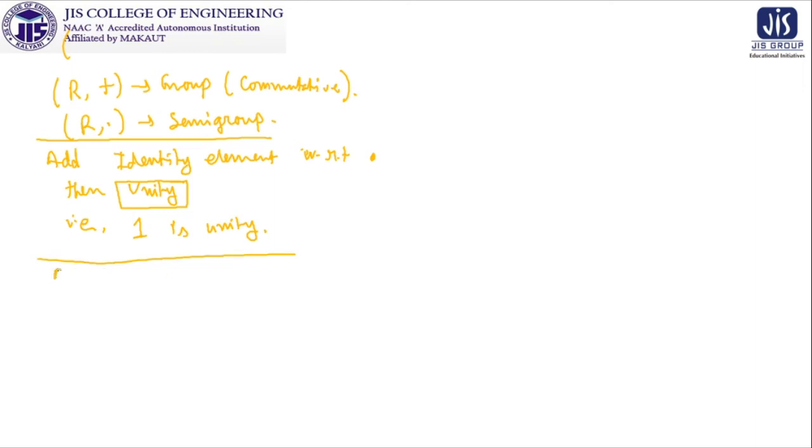Then after this, if we can add the inverse exists for all except the zero element, then it will become another structure where R plus is a commutative group, R dot is not only a semigroup, it is having unity over there, that means multiplicative identity exists, and except the zero element, for all non-zero elements we are getting multiplicative inverse also present, and in this case it will be raised up to another mathematical structure which is called a field.